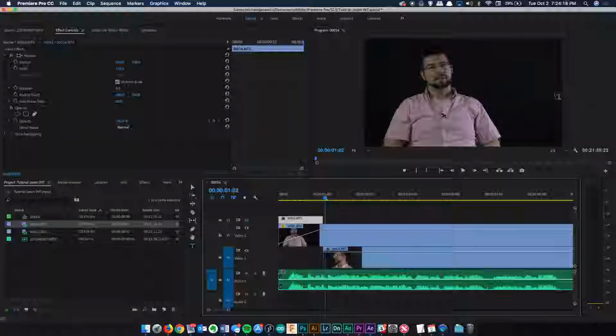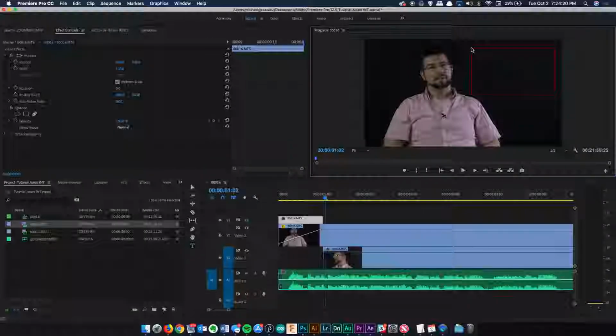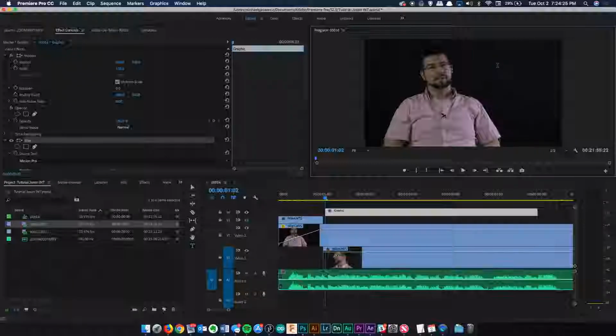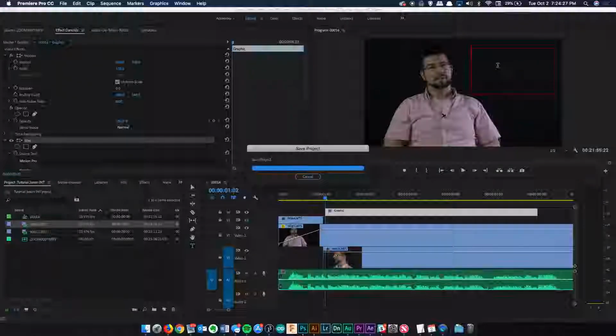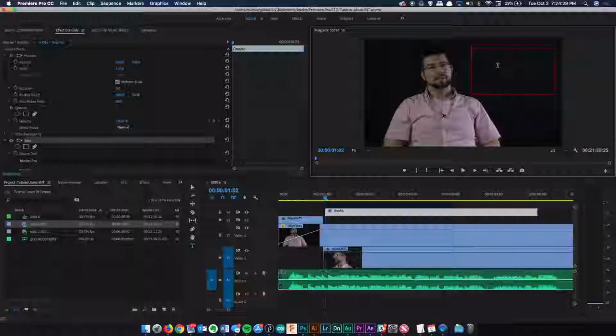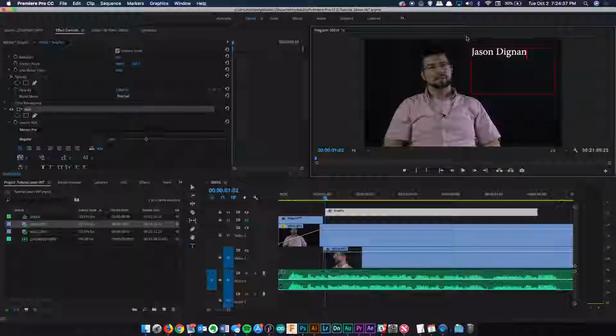So I'm going to click, drag, make a box for the text. This usually glitches out slightly. I'm going to save this right now so I don't lose it. Jason Dignan. I don't really know if I'm spelling that right, but some important points, and I actually did this wrong on my